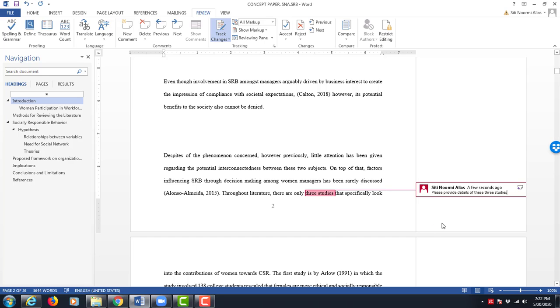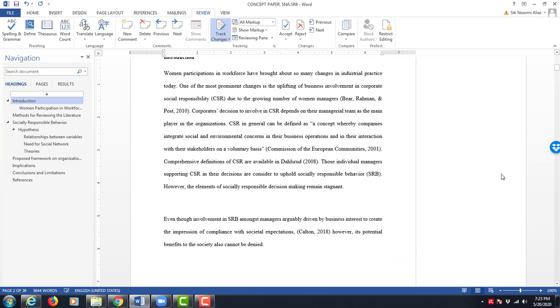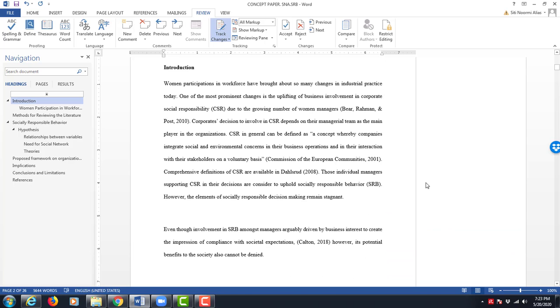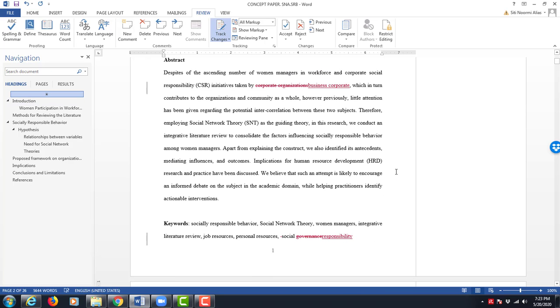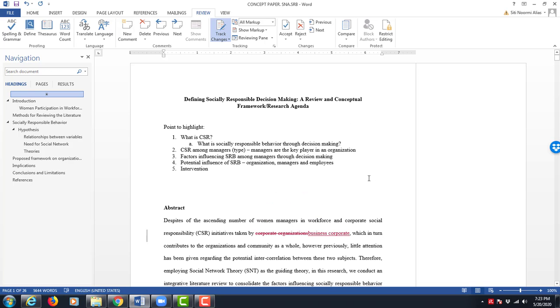So this is the comment that I want to portray to my student. Okay, so let's say you are a reviewer, that is the only thing that you need to know about the track changes system. But let's say you are a student who received the comment from the supervisor, then the first thing that you need to do after you receive the document in track changes form